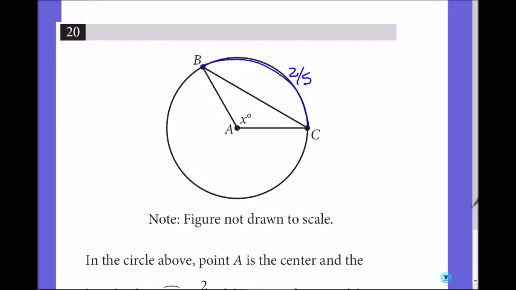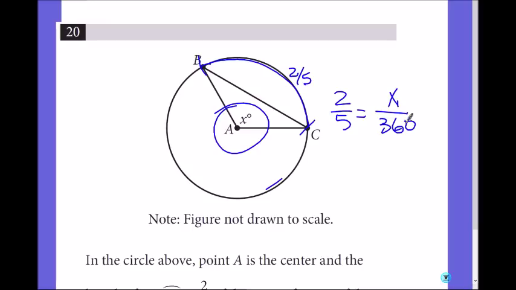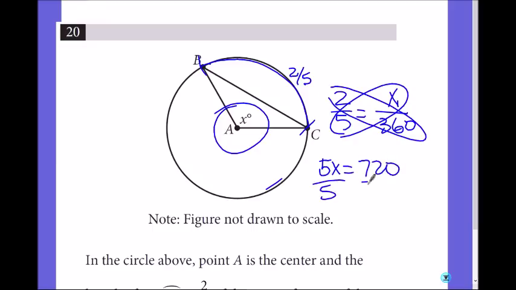So this is 2/5 of the circumference, which will be x over the total circle, which is 360. So you can cross multiply. 5x equals 2 times 360, which is 720. When you divide by 5, x equals